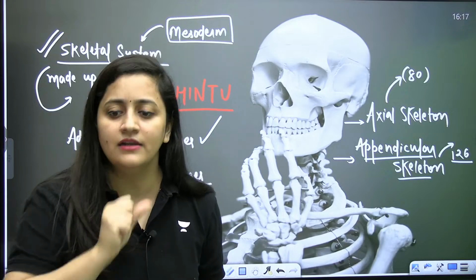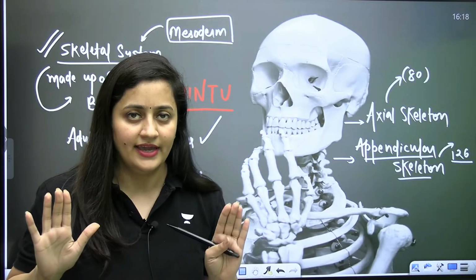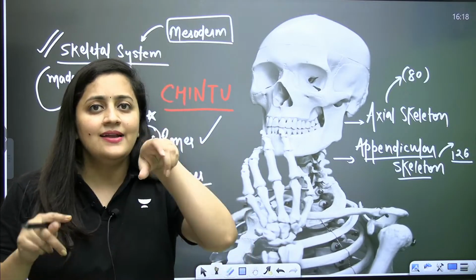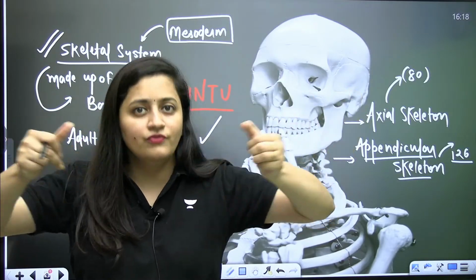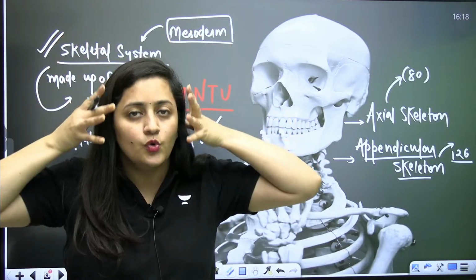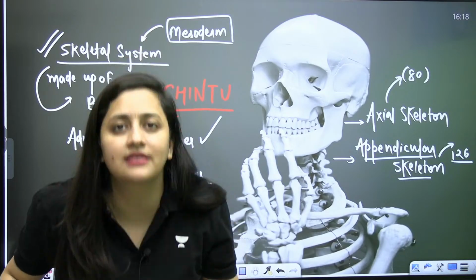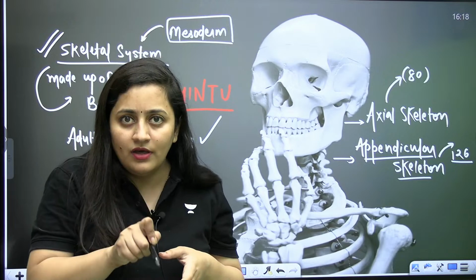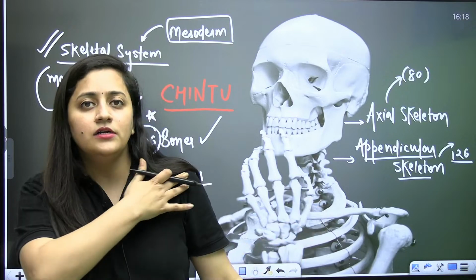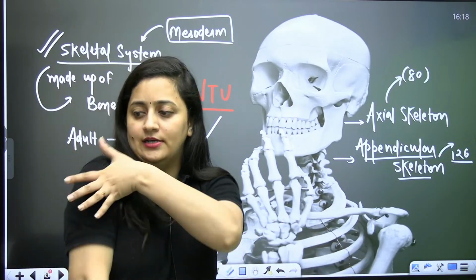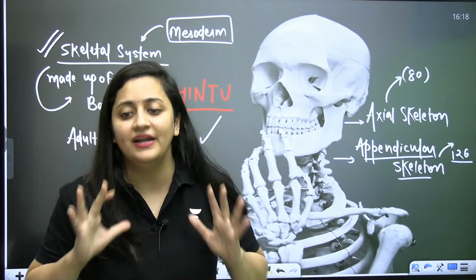I think you all have seen a doll, especially that Barbie doll. If we remove the arms and the legs from that doll, the remaining portion, including the skull, is your axial skeleton. It is the axis, like the x-axis, so it is the axial skeleton. And this part in our body, the girdles and limbs, the shoulder girdle, the forelimb, the hip girdle, the hind limb, make up the appendicular skeleton.